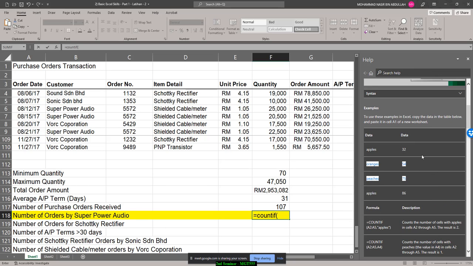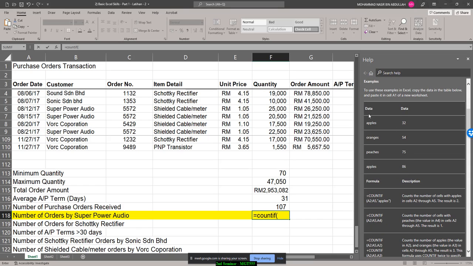Data ni dia nak tengok, okay, berapa banyak apples, right? So, dia select column for apples, and then dia letak apple dekat sini. So, dia akan dapat result ada 2 apples dalam this column. Right, sama juga macam ni. So, let's say kita nak tengok column dekat sini. Right, so let's say from B4 until B110, and then kita nak tengok daripada Super Power Audio, and then this